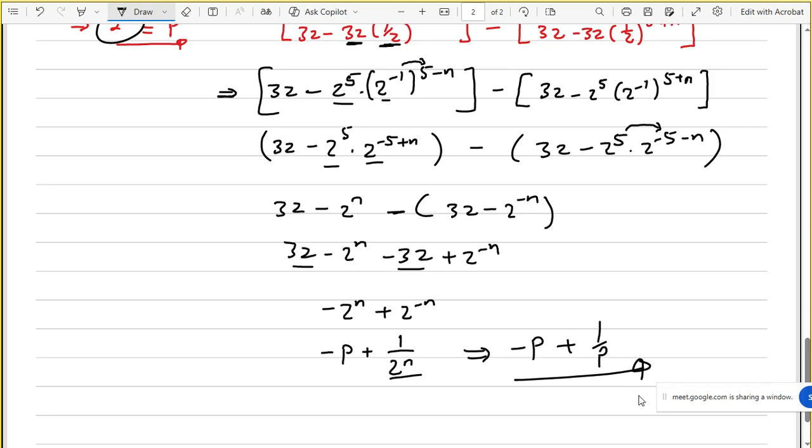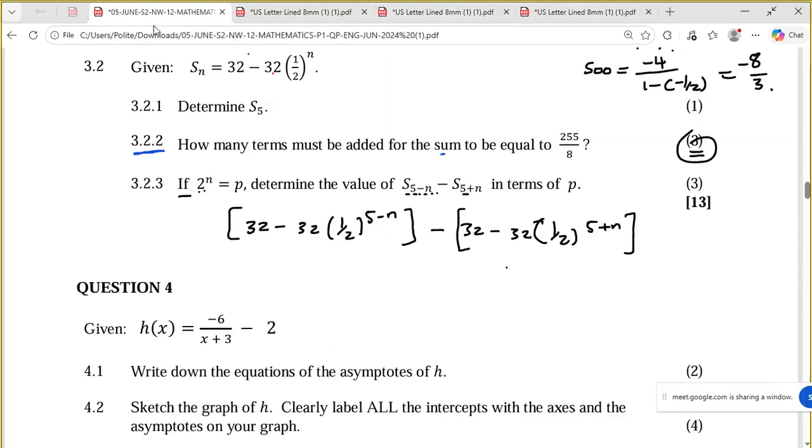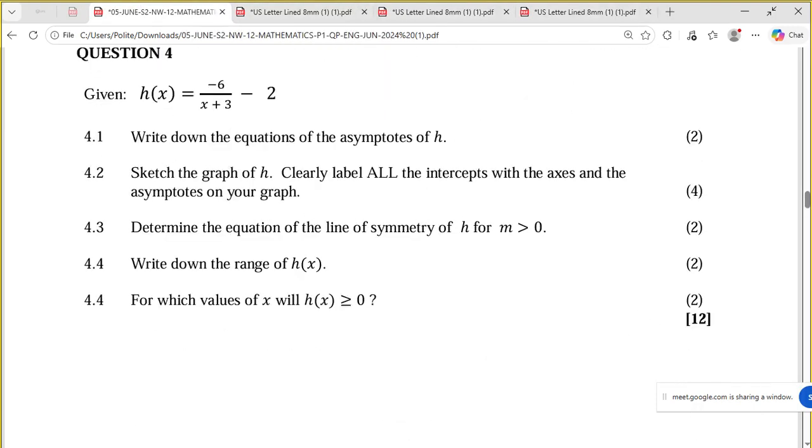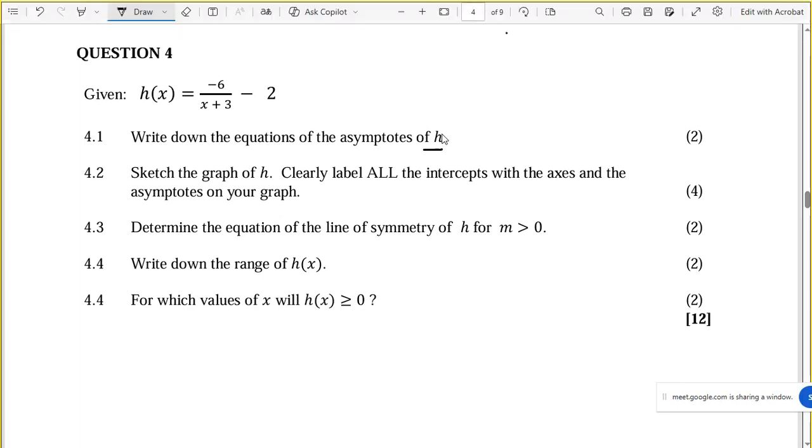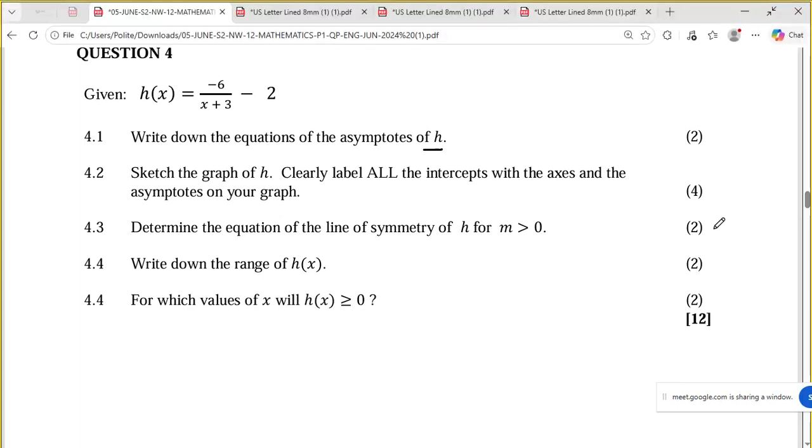Then that's the answer. Okay, so let's quickly jump into question 4 now. Let's go to question 4. Question 4, they say write down the equation of the asymptote of h. Guys, please give me a second. I need to